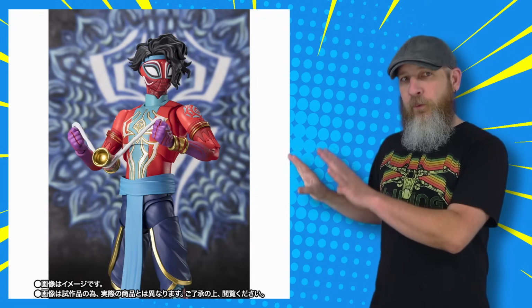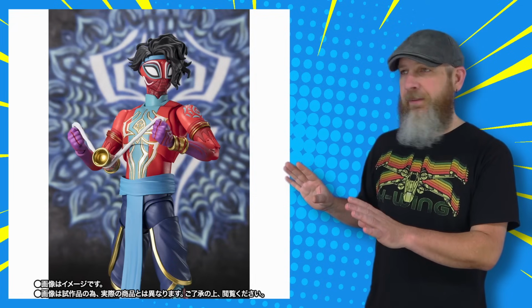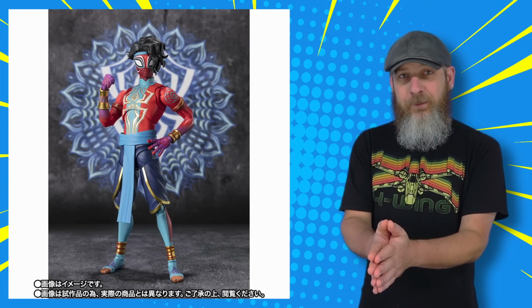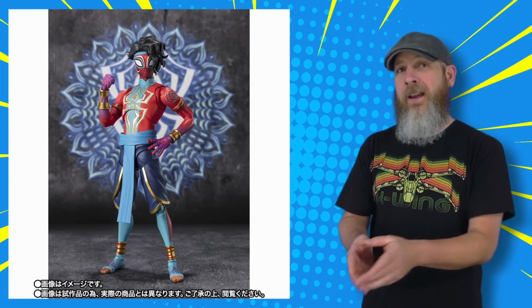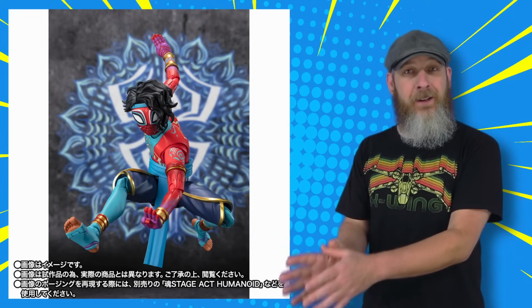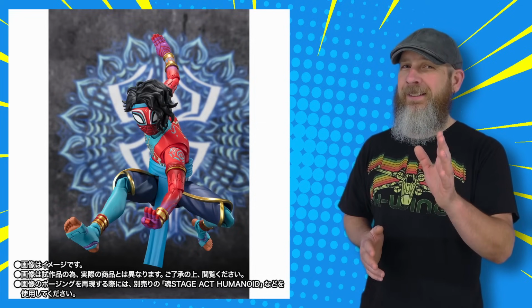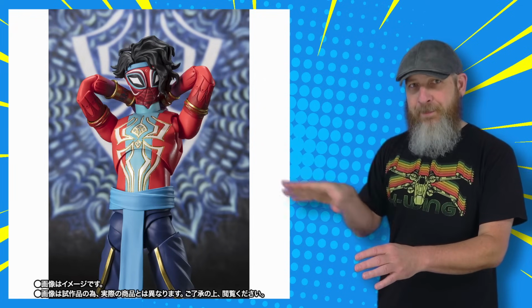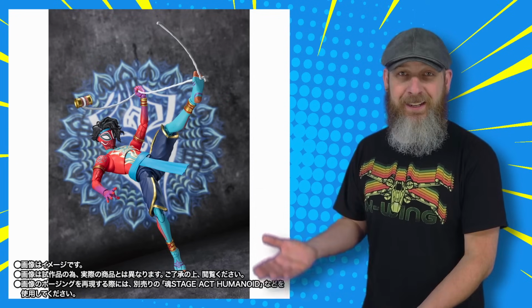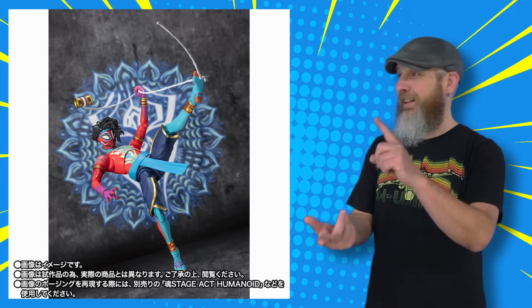It seems every detail is sculpted in here, giving the uniqueness of the costume a chance to shine. But it's not overly done, which has been my main complaint for a lot of the other SH Figuarts Spider-Verse figures. I get it, the source material has textures, but Bandai tends to exaggerate that aspect in most cases. I like the contrast of flat parts on this costume. It lets it breathe. And I haven't even mentioned the colors, the reds, the blues, the pinks, the gold trim